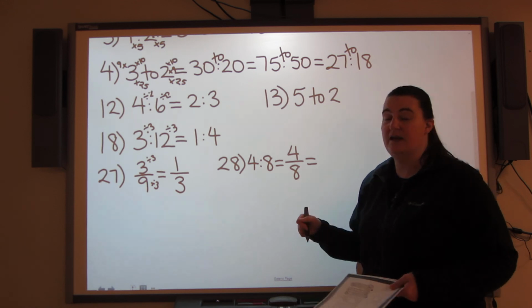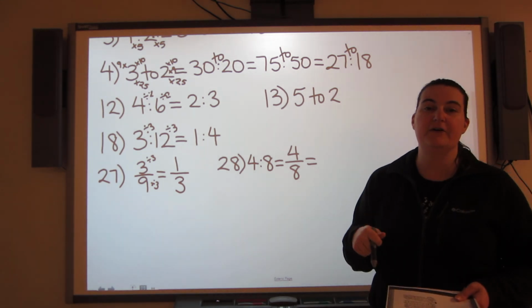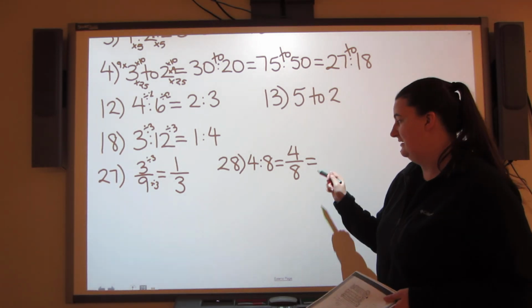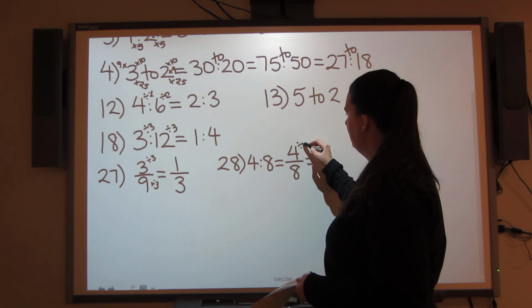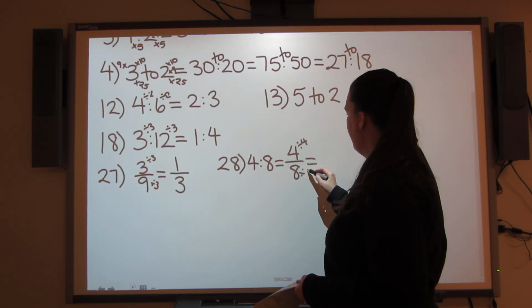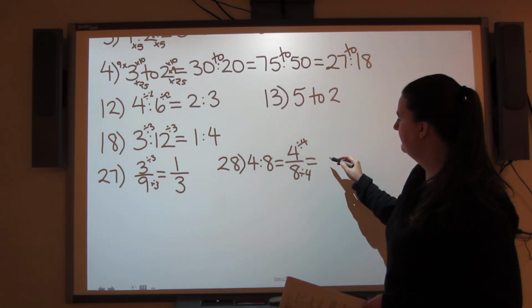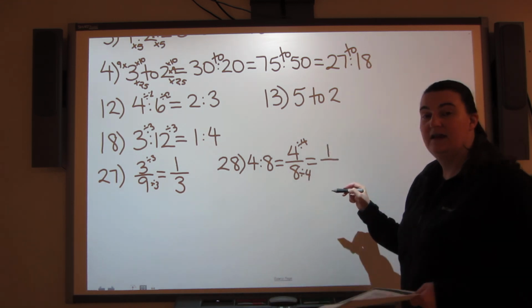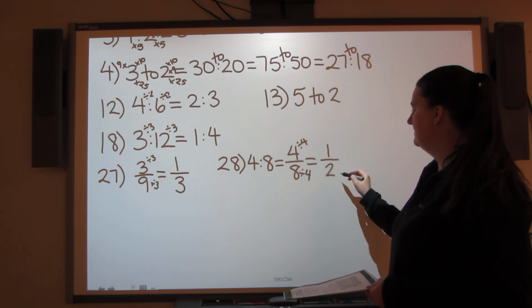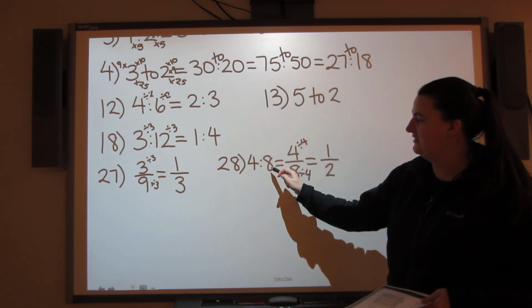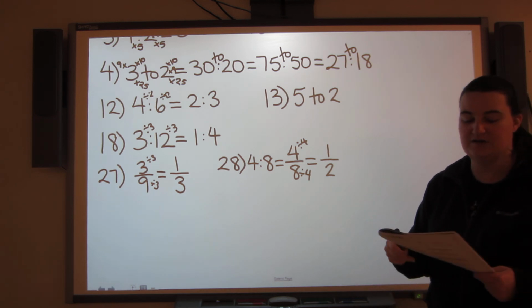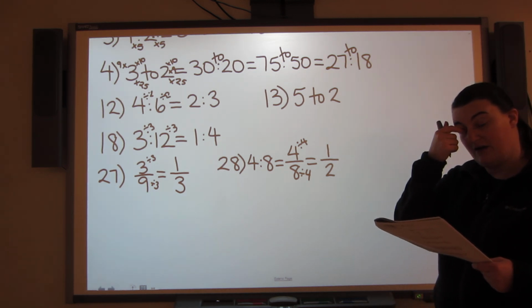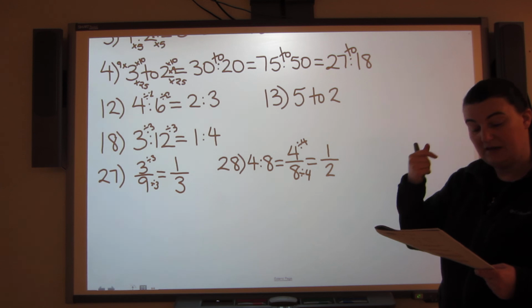I can divide 1, 2, 4, and 8 into 8. So the one they have that's the biggest is 4. 4 divided by 4 is 1, and 8 divided by 4 is 2. So there's my ratio, changed to a fraction, and written as lowest terms. So you have to do that all the way up to number 41. So let's also